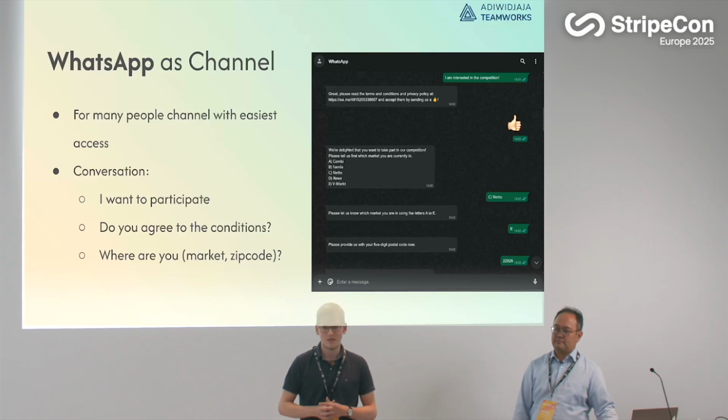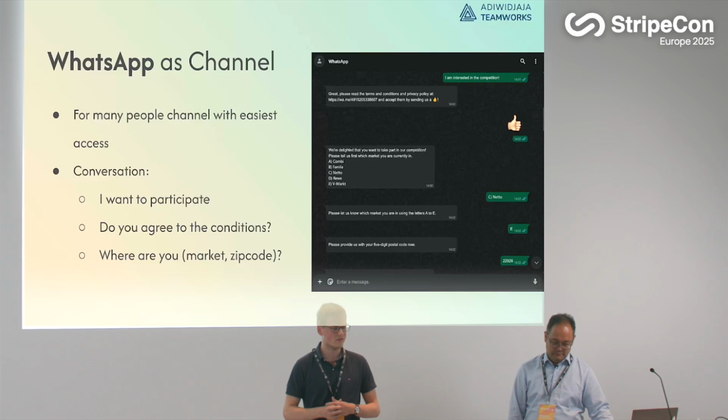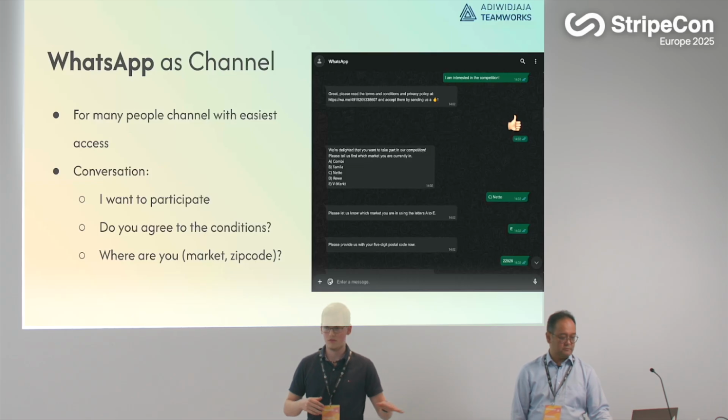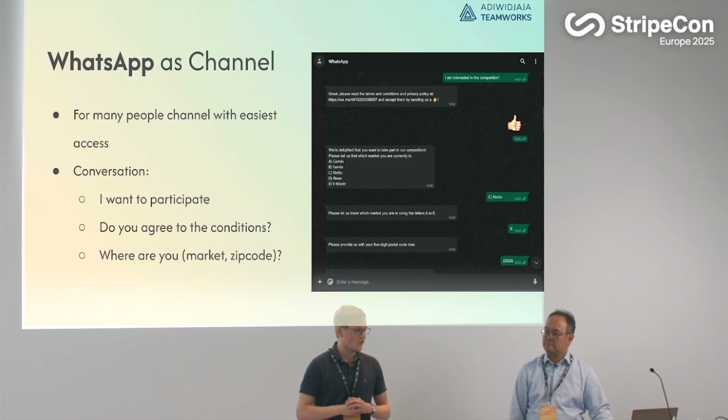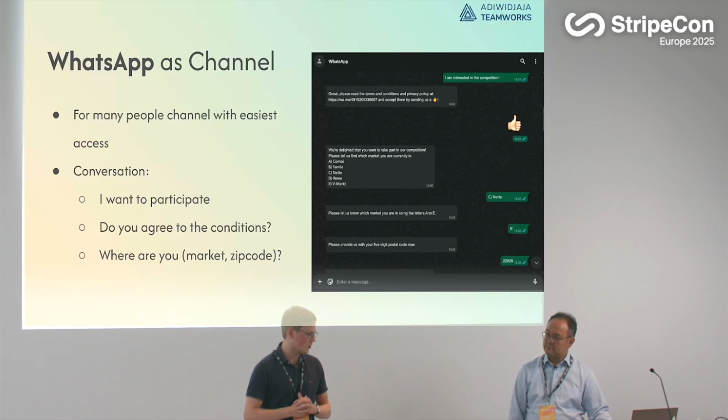And in WhatsApp, there's your chat, which you can always see. It's never gone. You can always check what you wrote, and that's one of many reasons why we try to use WhatsApp.